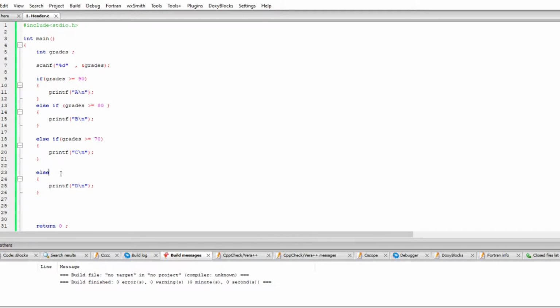So in other words, it makes it better for the compiler, and it is, I guess, a bit faster and better to read. Okay, so this is how the grading system works. This is how else if works. And if you put another condition after else if, like so, and write something, then it becomes a nested if. Yeah, so far so good. And one more thing is that